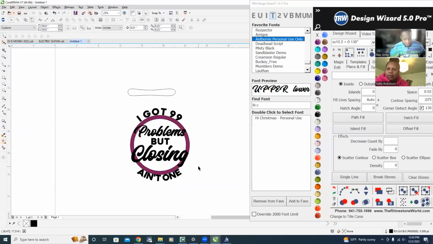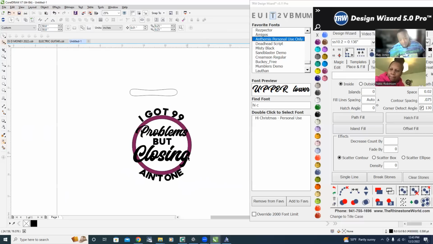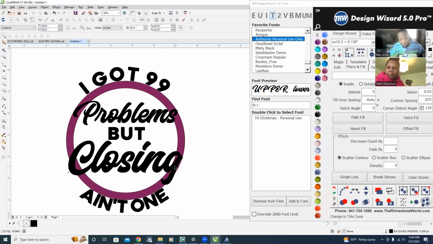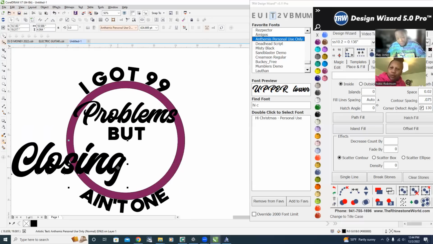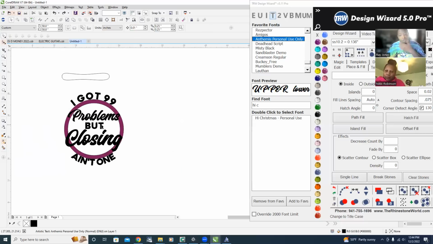Now real quick, that's pretty much ready to go if someone was cutting that out in two-color vinyl, because you can layer that right on top. But to do stones,